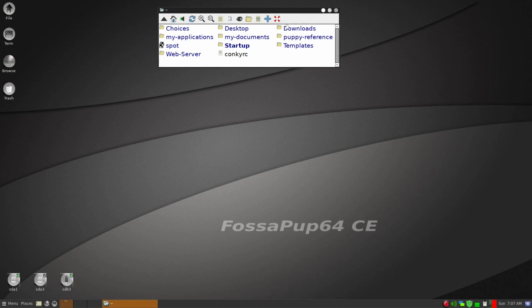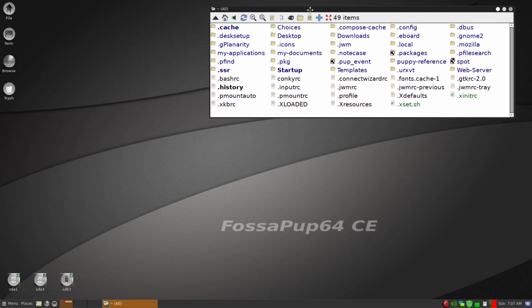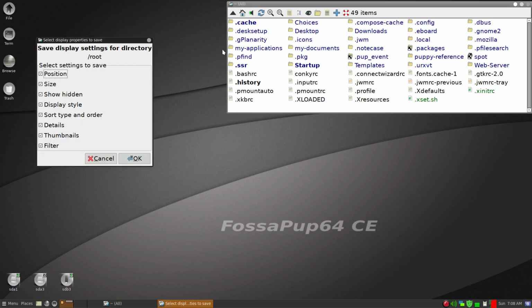So what we can do is show the hidden files and rox-filer on the root level, and then place the window over here, so that whenever we open rox-filer at root, the window will be here. How we can set that up is with a Control D, and then we'll bring up this